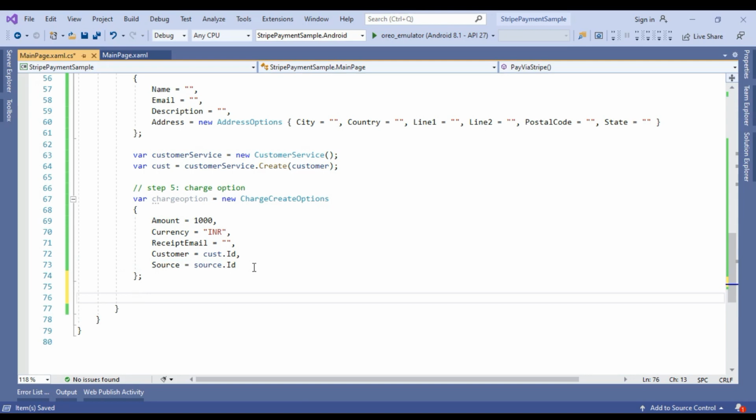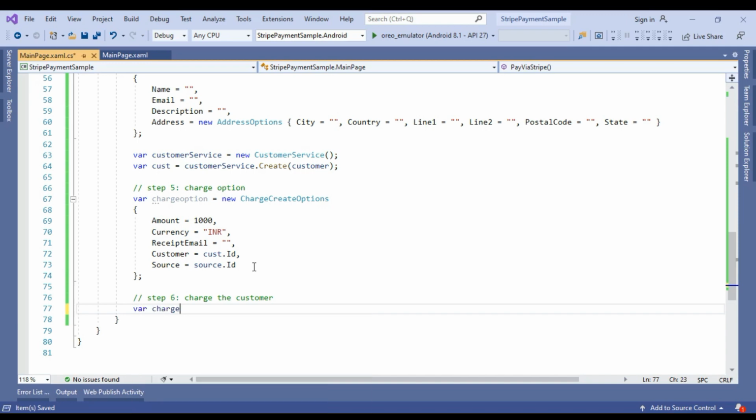So after that, now we are at step number 6, and this step is charge the customer. To charge the customer, we have to create a charge service.